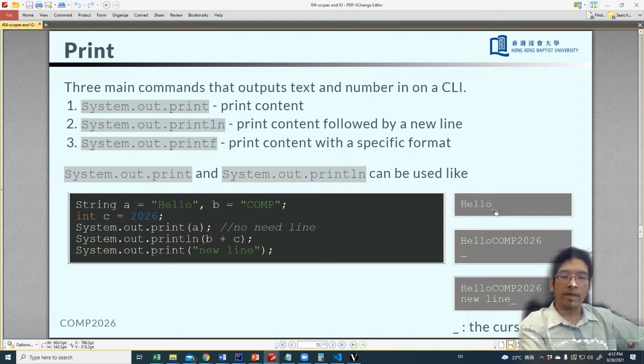This cursor symbol is invisible on your screen. It is a logical symbol that the program will remember to know where the cursor is. When it's going to print some more things, the data will be printed following this cursor symbol. So when we print b plus c after this one, b, which is Com, and c, 2026, will be printed after